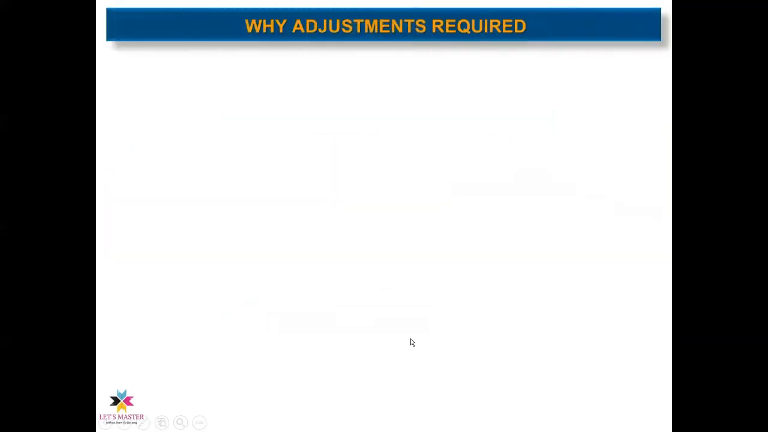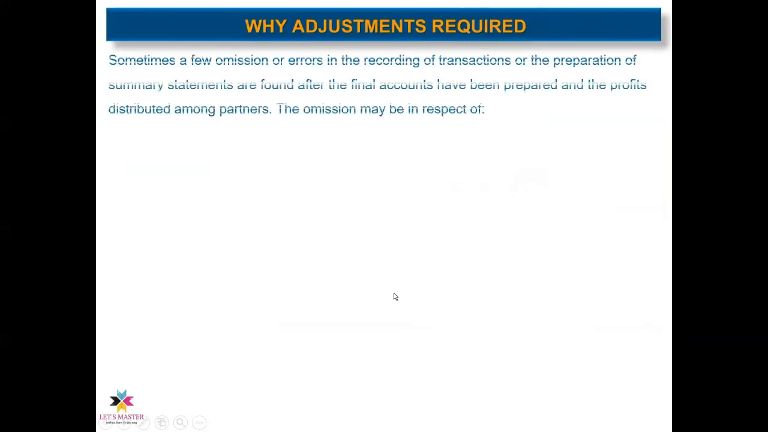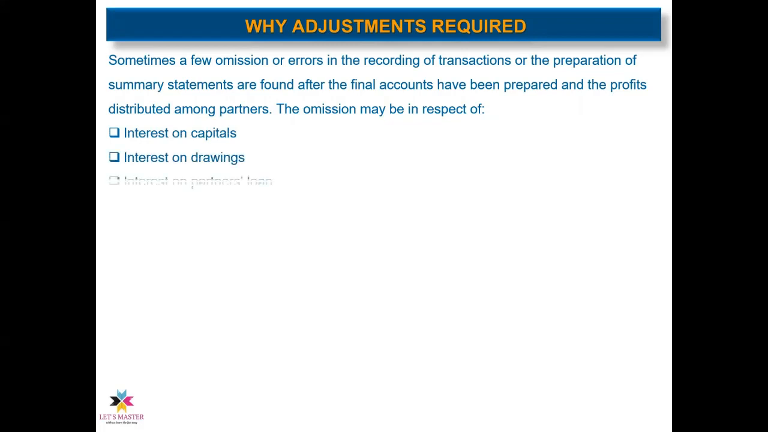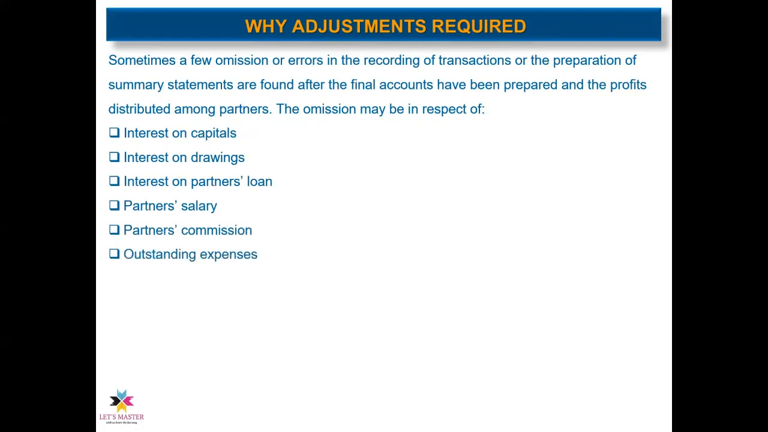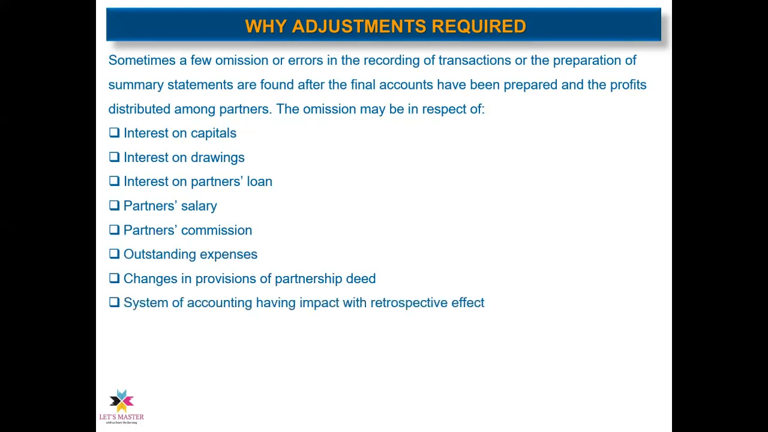So what are the past adjustments, or why are the past adjustments required? Sometimes a few omissions or errors in recording the transactions or preparation of summary statements are found after the final accounts have been prepared and the profits are distributed among the partners. The omissions or errors may be in regard to interest on capital, interest on drawings, interest on partner's loan, partner's salary, partner's commission, outstanding expenses, changes in provision of partnership deed, or system of accounting having impact